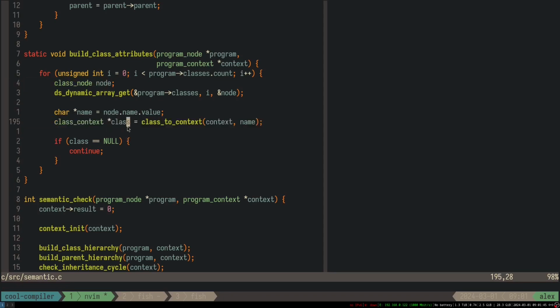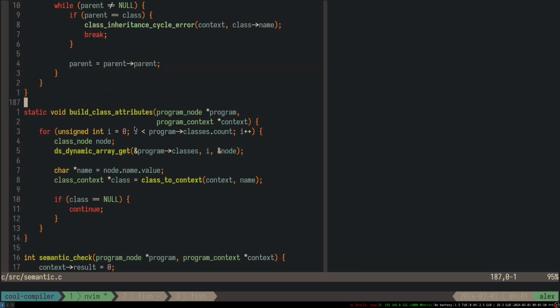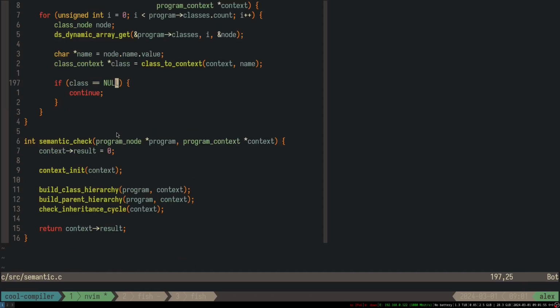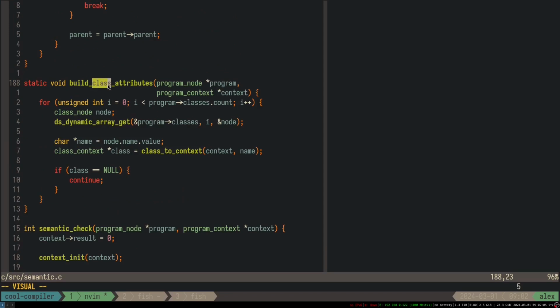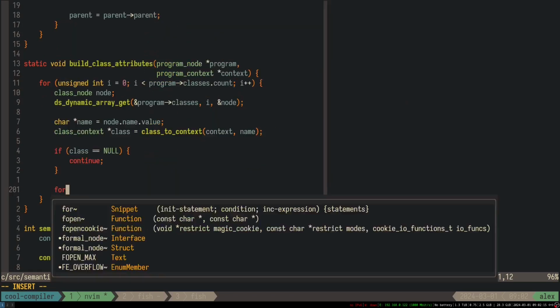Let's see, as I said, we can have a function build class attributes. Maybe let's say build attributes, and build class attributes will be just for a single class. So build attributes. Not sure yet. Let's just do a for loop for